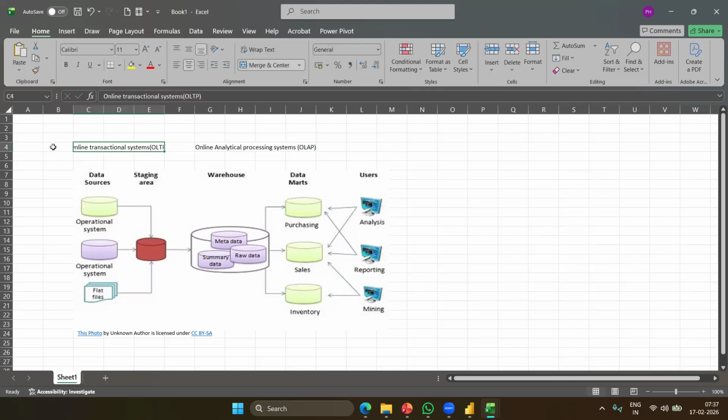I strongly believe whoever wants to be an expert in the data warehousing or analytics side, they should have a clear understanding about these things. And in the OLTP, how the tables are structured and data is stored in it. At the same time, in the OLAP, how the data is stored. So that we as a Power BI data analyst, we can know which tables we are supposed to use. Okay. So is it clear what it means by data warehousing?